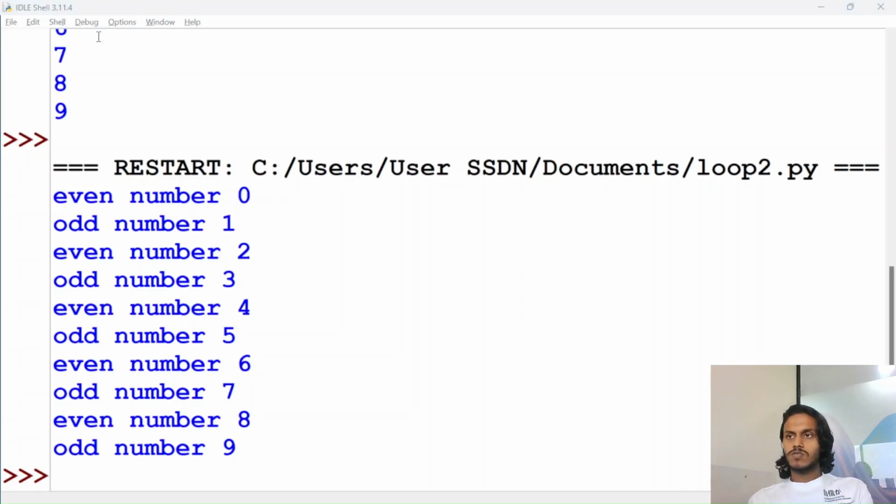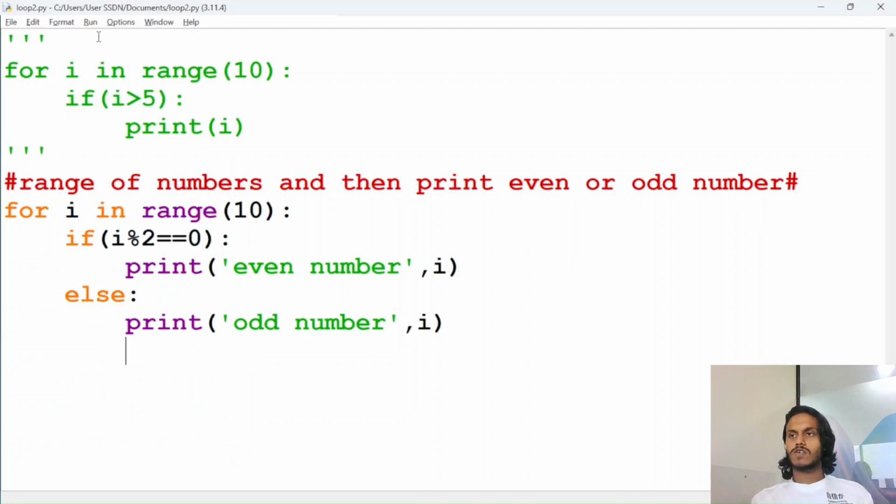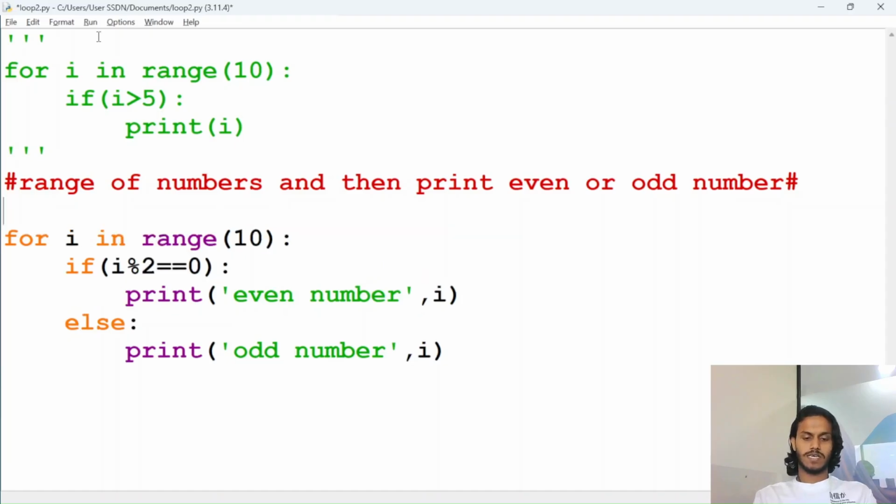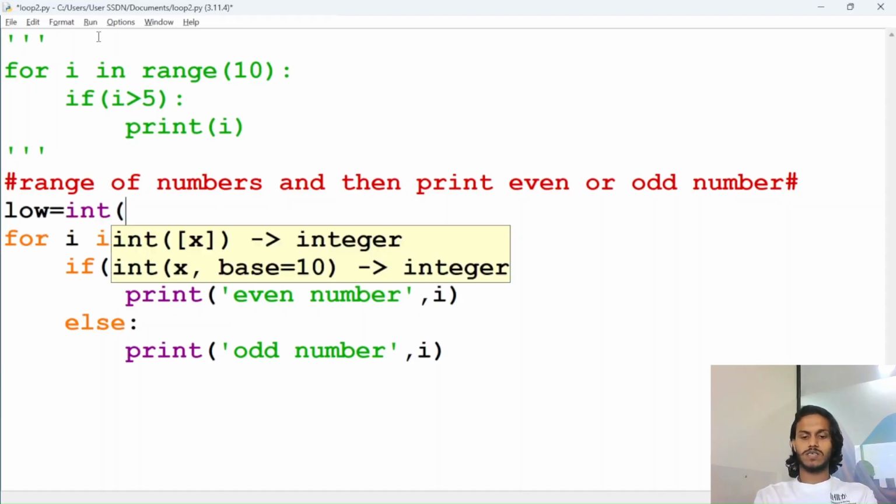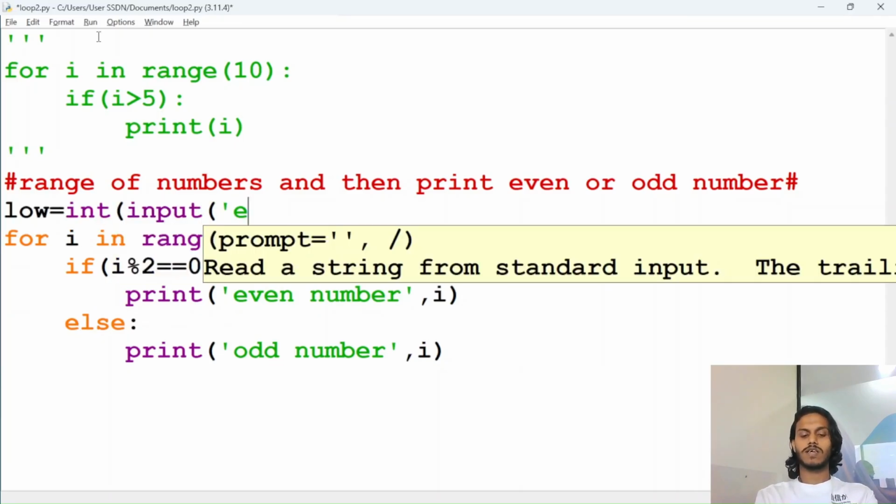Now we can just make this program more dynamic. What we can do is, I have taken the range 10, which is starting from 0 going till 9. But let's suppose if someone is saying that I want to take the range from my side, like it can be from 10 to 20, it can be from 50 to 55. So for that part, what I can do is I will say that I will take two inputs from the user, that is the integer input, enter